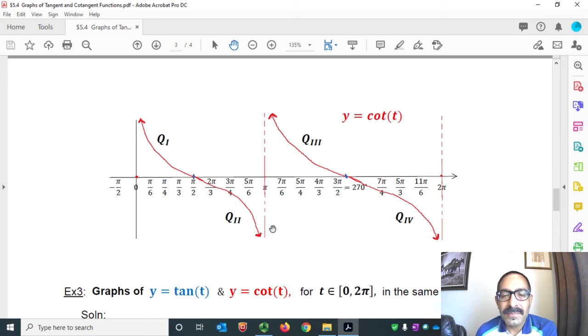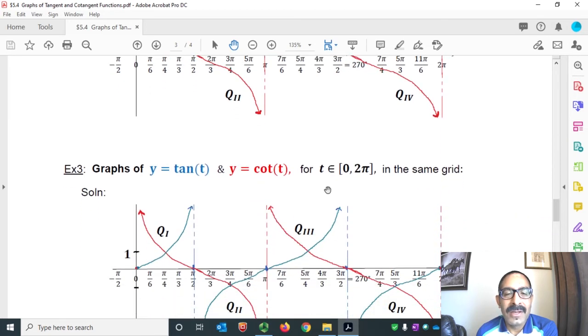Similarly, we can graph the cotangent function in the third quadrant from π to 3π/2, as well as in the fourth quadrant from 3π/2 to 2π. Great. I hope this graph makes sense to you all. So